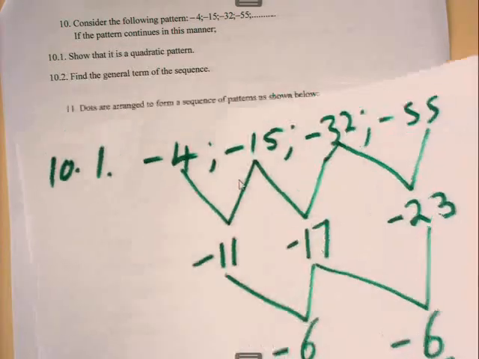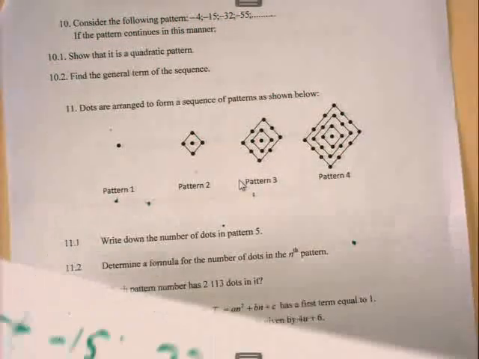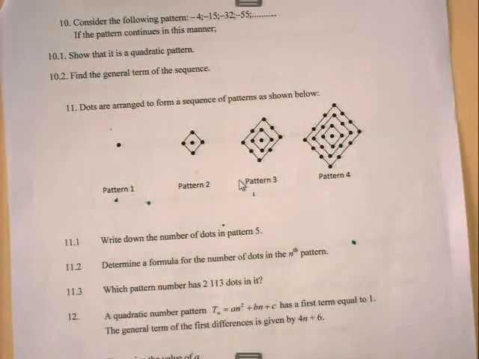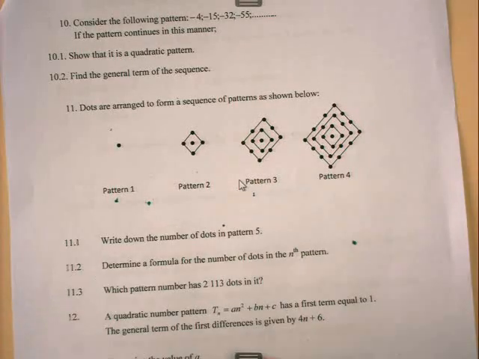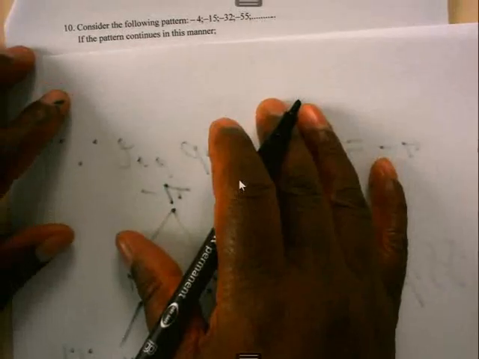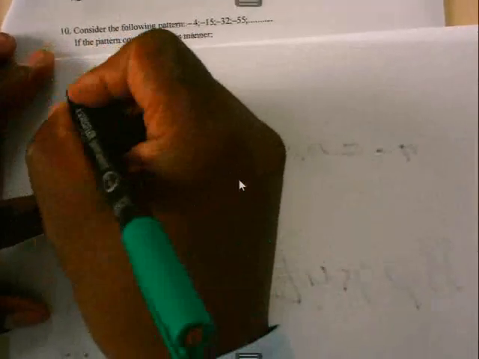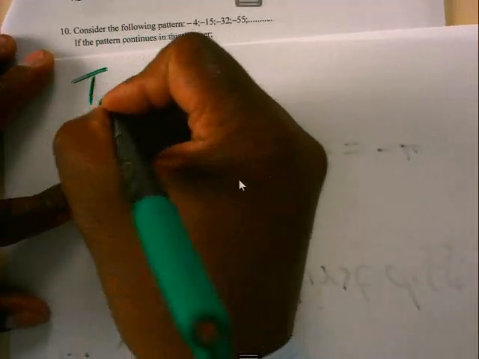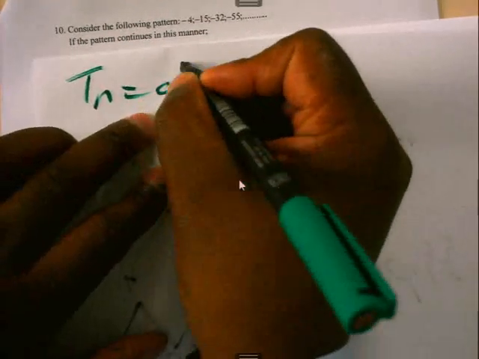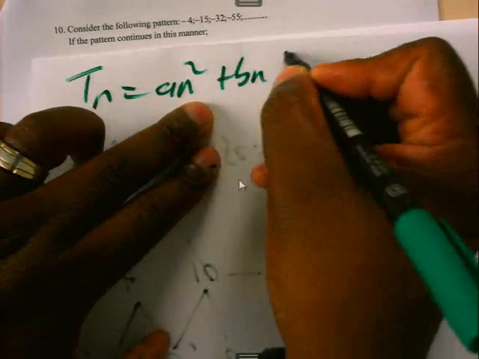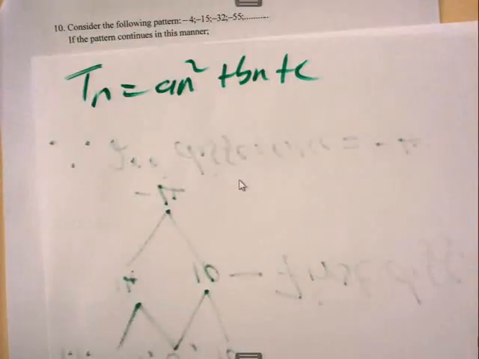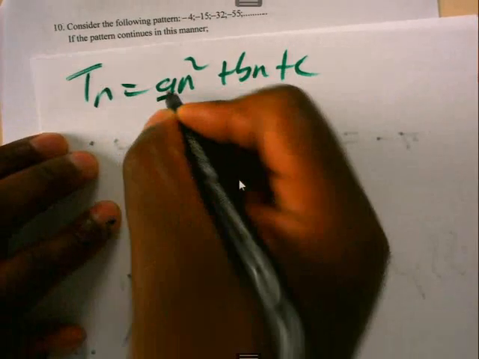We can even solve the last one. The last one states, find the general term of the pattern. I think we must be familiar with determining the general term of the pattern. We've done lots of exercises of this type. Remember, we said the general term is Tn equals An squared plus Bn plus C. So it's easy to determine the nth term of the pattern, because to determine the nth term, remember A,